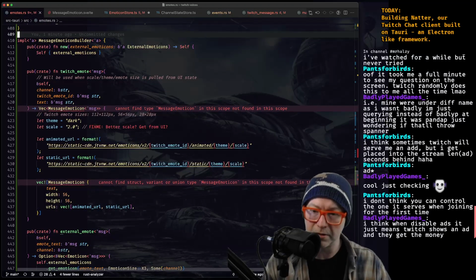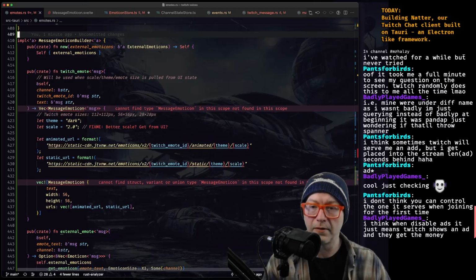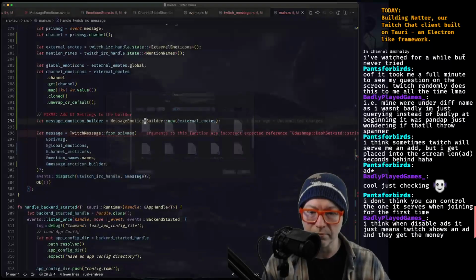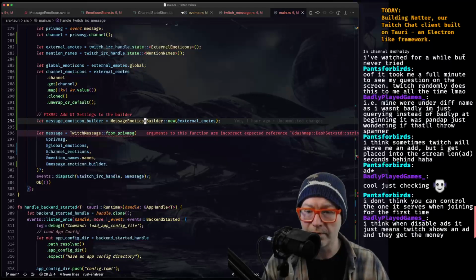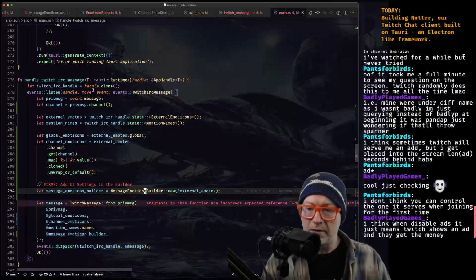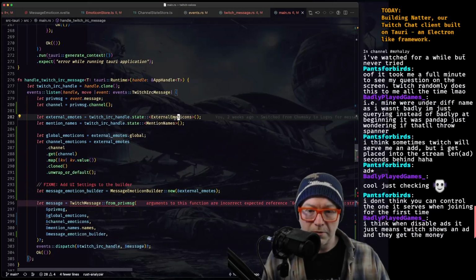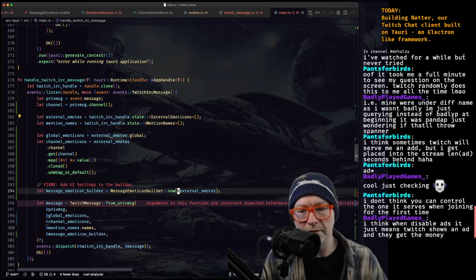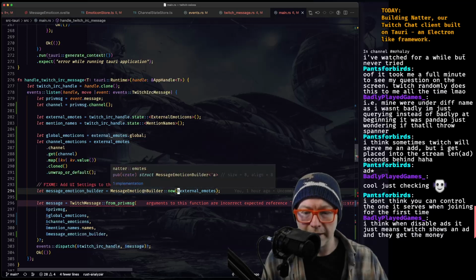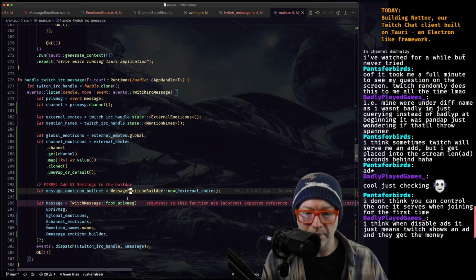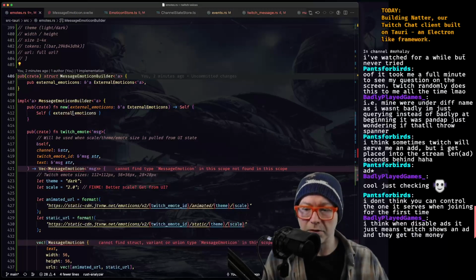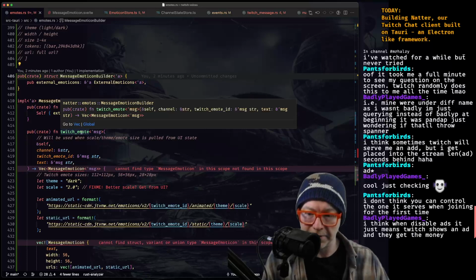Let's go back up to the top. Let's go to main. Okay, so we have this external emoticons thing, right? And I was hoping to create this message emoticon builder, which would create these emotes and these data structures to send to the front end, right?